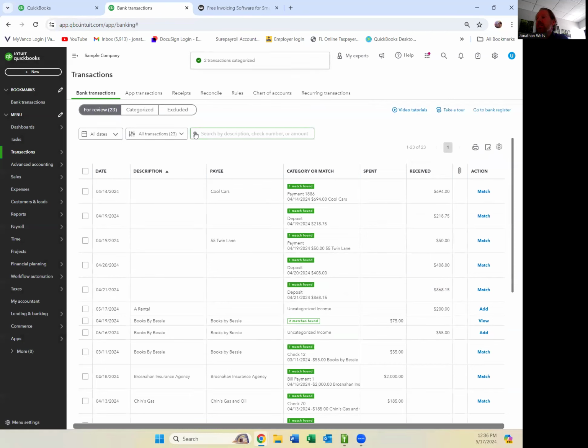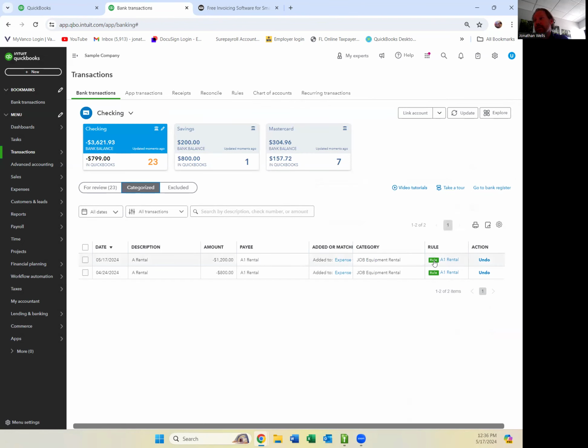I love it. Now, let's say I accidentally set up a rule and it went to the wrong account, right? Well, there is a thing here that says rules. I can go to my rules and alter it. But also you're going to go, well, how do I get to that transaction? It's gone from this list. This is the 3 areas of purgatory. It's in purgatory, it's on my register, or it was in purgatory and I said, don't ever get to my register, right? But I love this because I can do this categorized and see these transactions and go, oh yeah, you took it. I can actually undo these, remove it from my bank register and ship it back